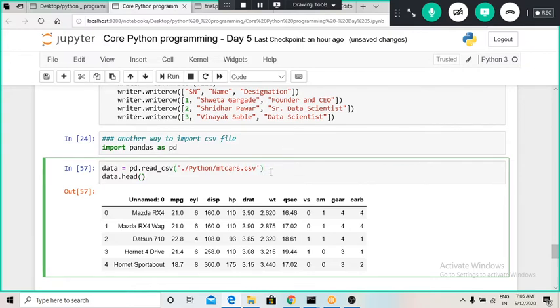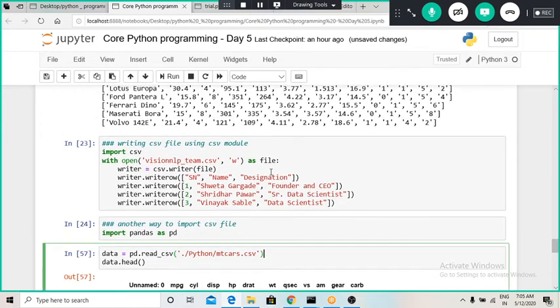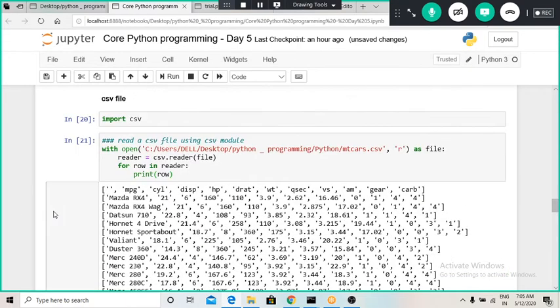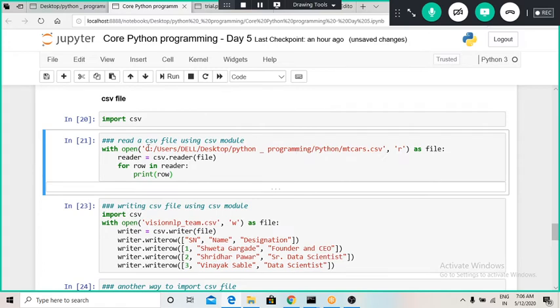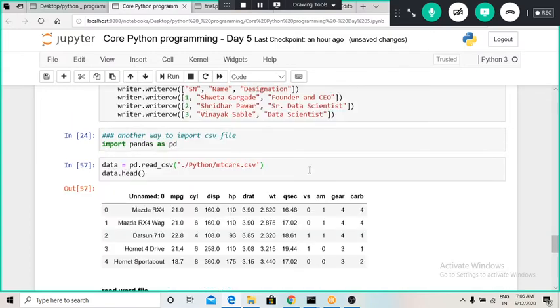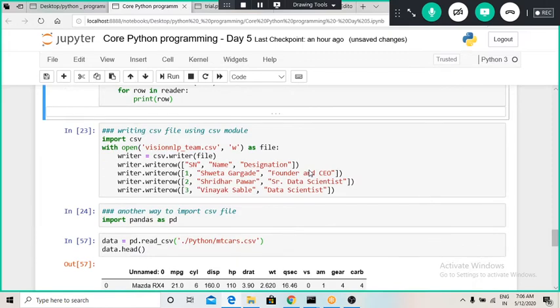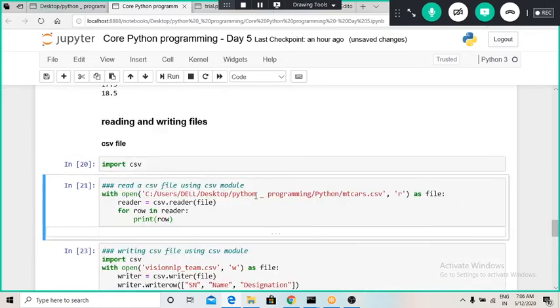There are two ways of providing a file path. This was the previous way, where I had given the entire file path from the drive itself. This was my entire file path for the empty cars data, and now I know that I am working in the Python programming directory.